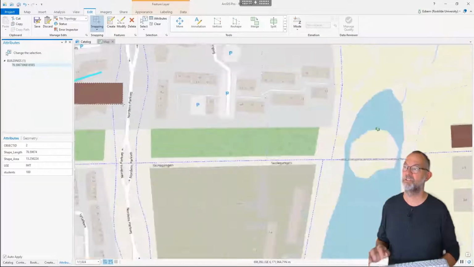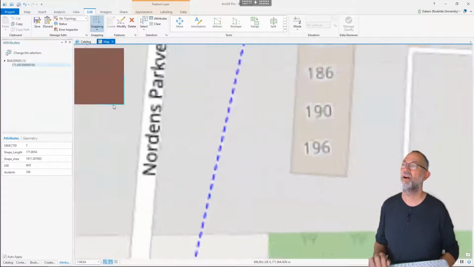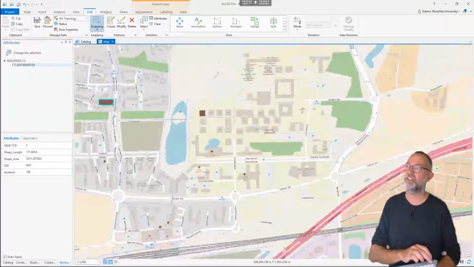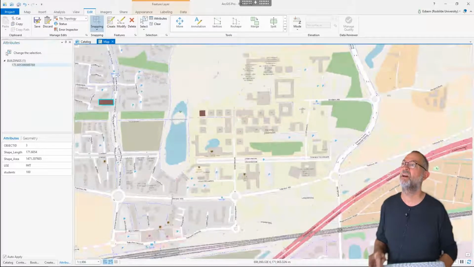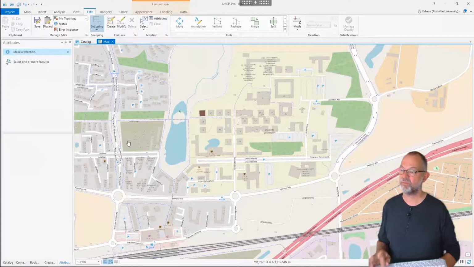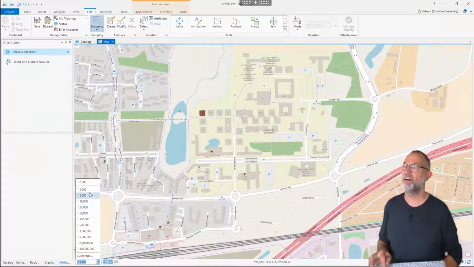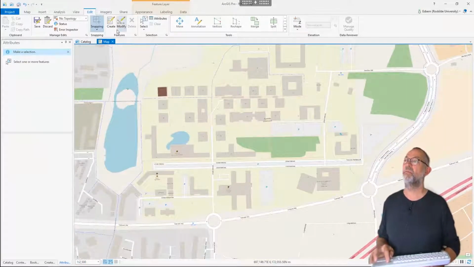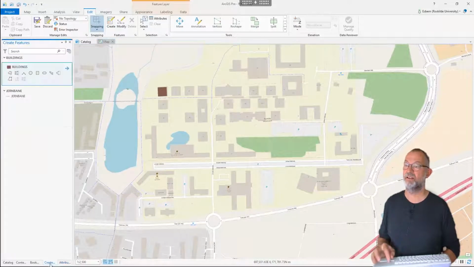Otherwise I can, as you can see, it will start placing a new one there. I can press escape to get out of this, and since I didn't want a building there, I'll just delete it. And I'll just zoom back to my 2500 scale there. Good. I can create, or I can just click down here on my create, and I can say, okay, I want to do